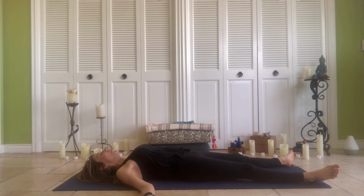Take a breath in through your nose. And exhale, release out the mouth. Just invite each muscle to let go of tension, to soften. Focusing on those areas where we tend to tense and grip a little bit more, so around the eyes, the